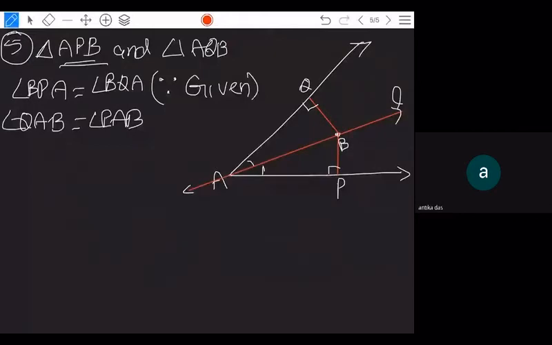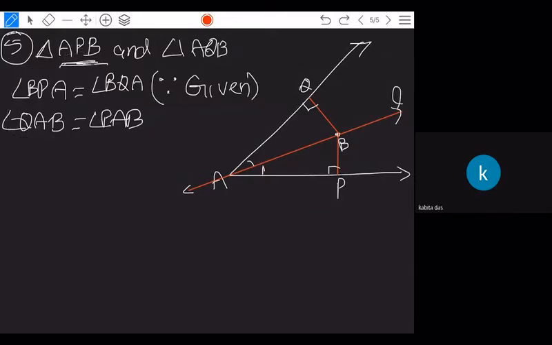Can you hear me? Yes, sir. Angle QAB is nothing but this one. Angle PAB is nothing but this one. These two are equal. But whenever you write it like this, the step is a little bit wrong. Because on this side, whenever you take triangle APB, you have to write its related parts, but QAB is a part of AQB. Did you get my point here?